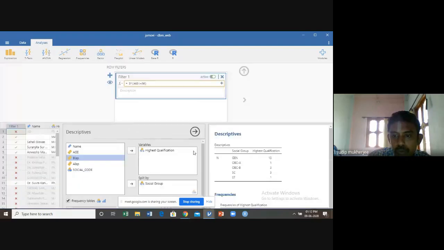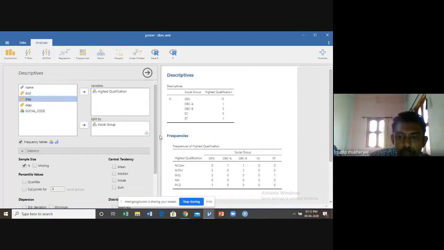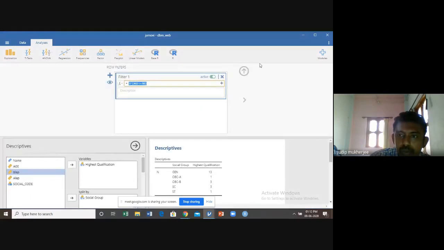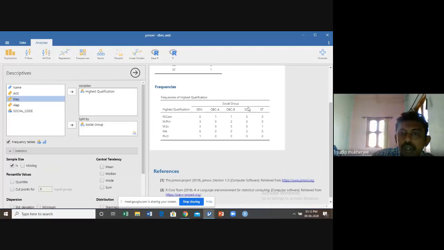The variable enters in the split by box. So automatically, you just see, this is the entire decomposition of highest qualification with respect to the different social groups.